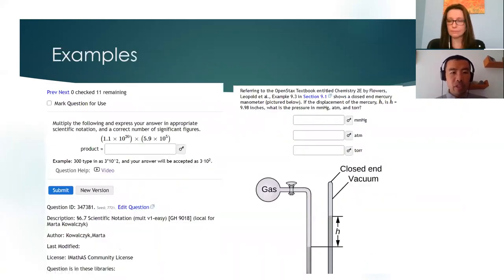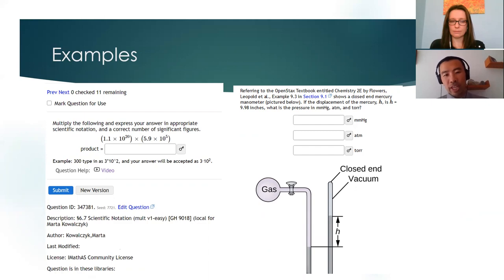So here we have two examples of chemistry questions, a numerical question on the left. And the thing I wanted to highlight here, as previously shown, is that there are many tools available. But here, if students had trouble answering this question, they would click on the purple video to watch a video, to get help, to get an introduction about significant figures in this particular question.